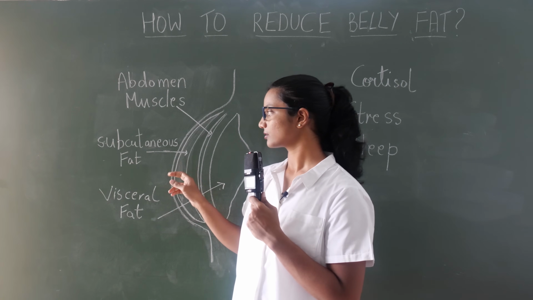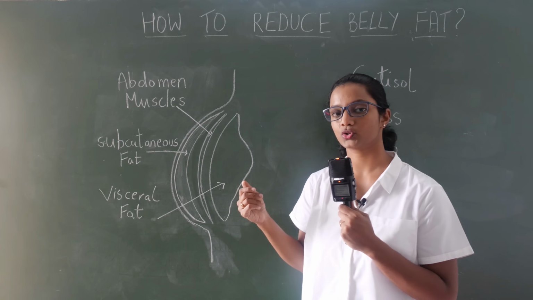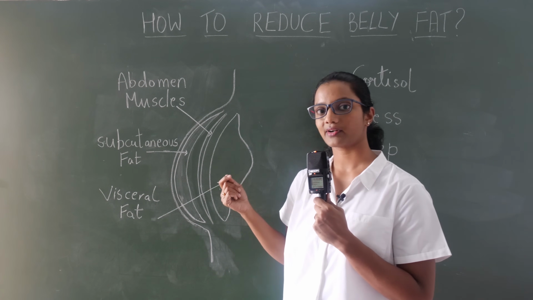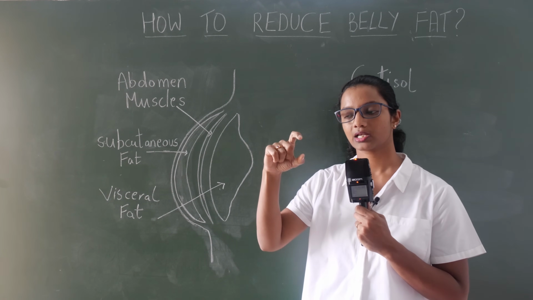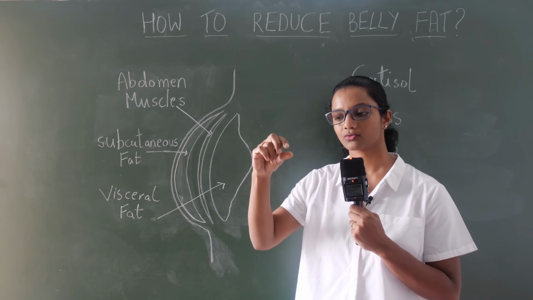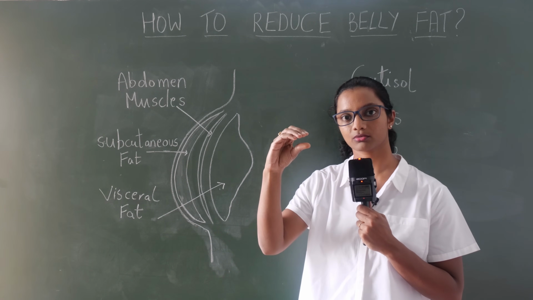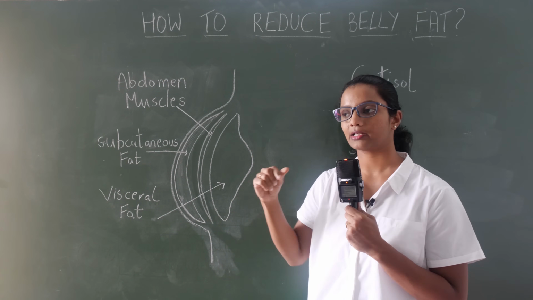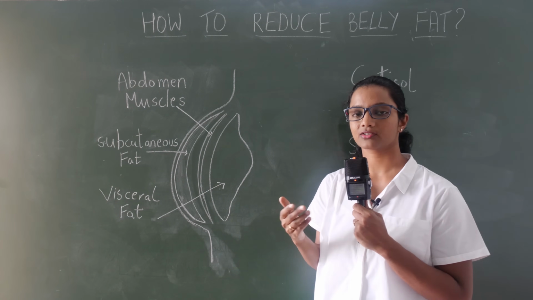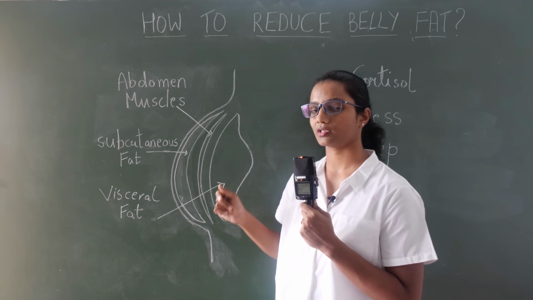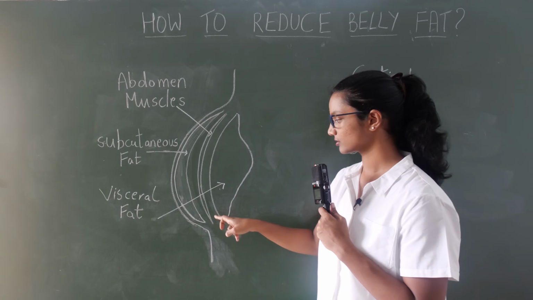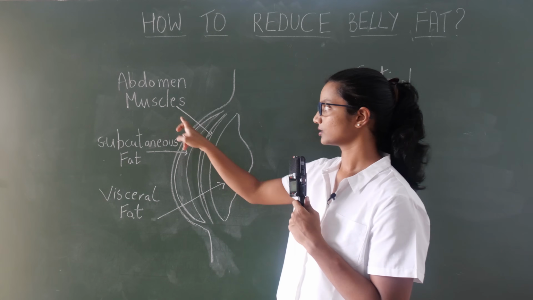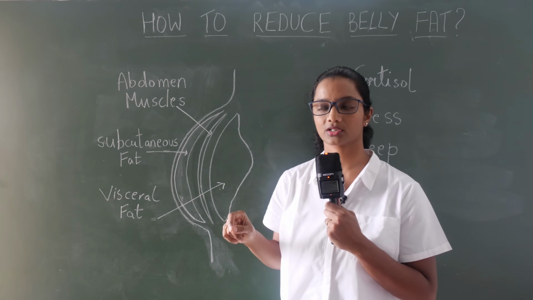There are some devices used to calculate the fat. They are called calipers, where you have that pinch test, pinch the skin and you see how much fat is being accumulated at a particular area. There are many areas to calculate the subcutaneous fat. And this region is the muscle region.